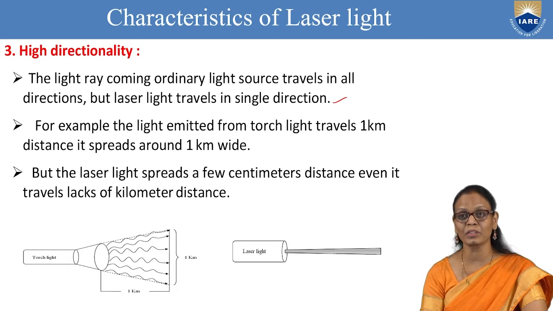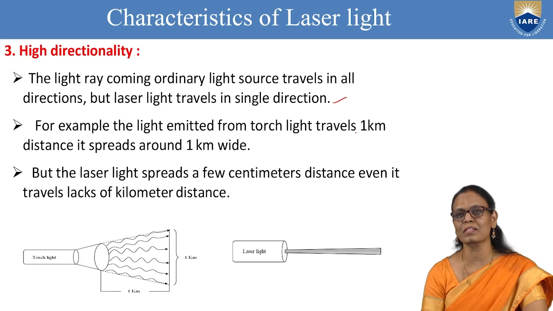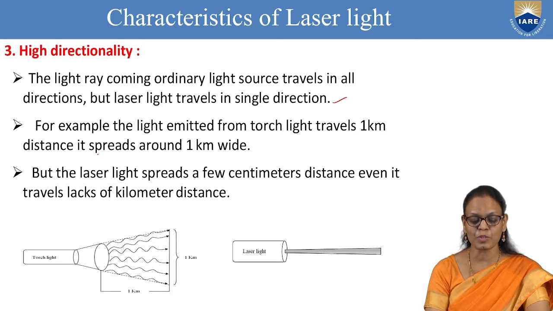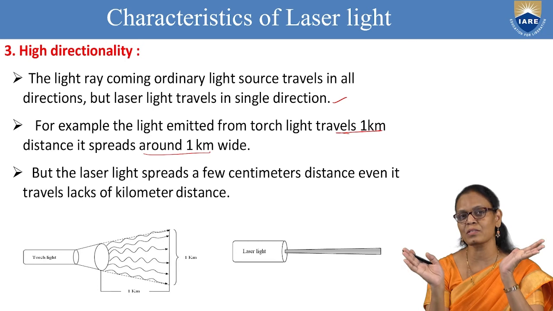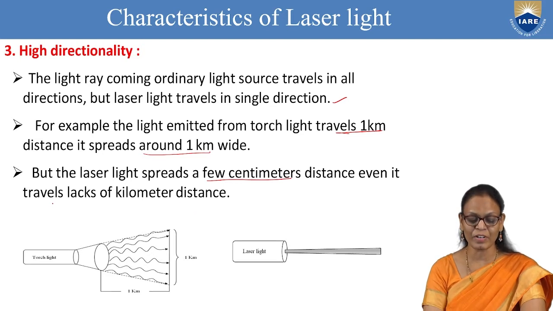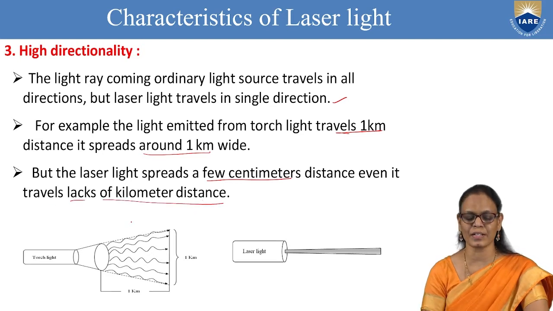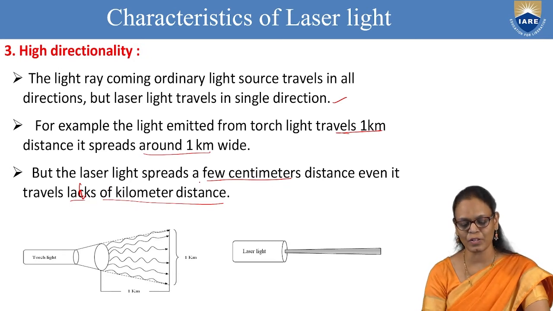Now we are talking about the torchlight. If the light that is emitted from a torchlight travels 1 kilometer, it spreads around 1 kilometer wide. When it is traveling through a distance of 1 kilometer, it may spread to a distance of 1 kilometer. But laser light will spread only a few centimeters, even when it is traveling lakhs of kilometers distance. So when we are talking about laser light, even when it is traveling lakhs of kilometers, it will spread only